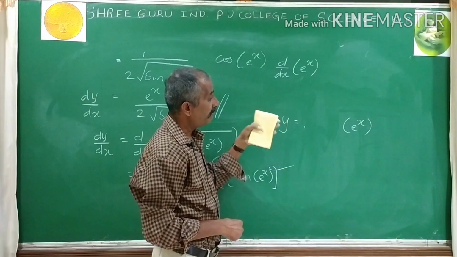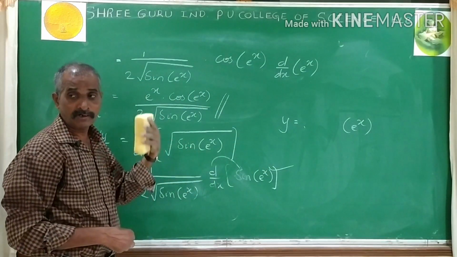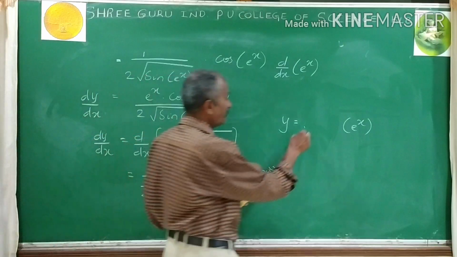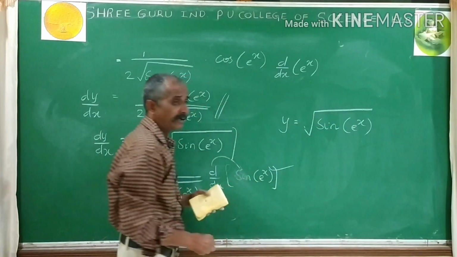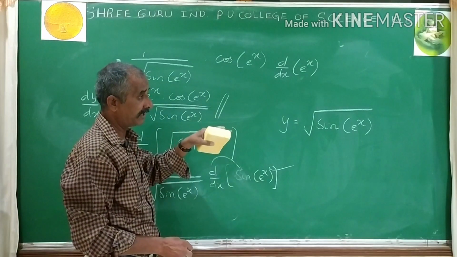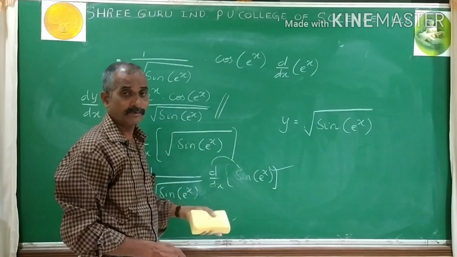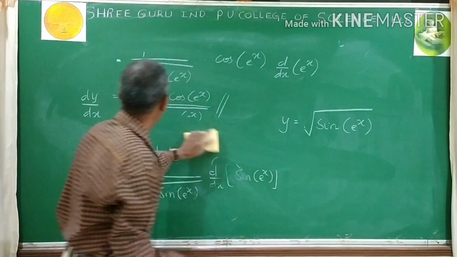This is a major difference between differentiation of composite function and non-composite function. In a composite function, you must be aware of which functions are occurring and which function is occurring first, second, and so on. Like that, you must go on with the differentiation process. Right? The next problem.